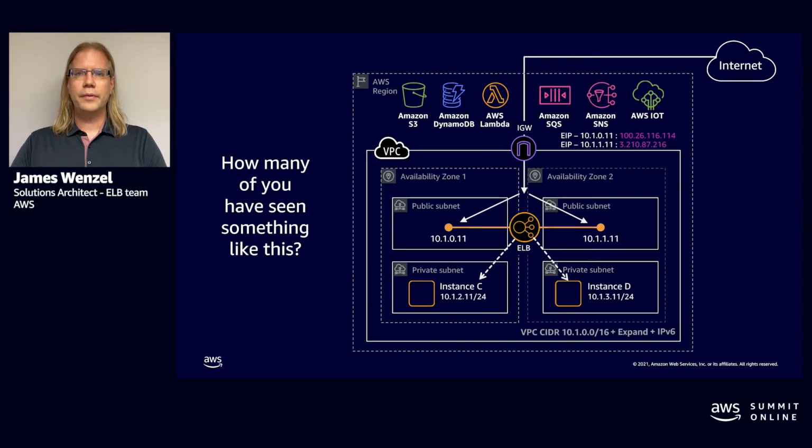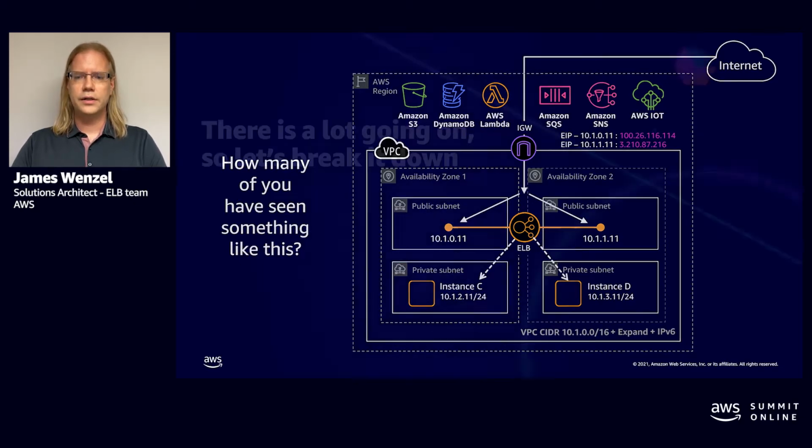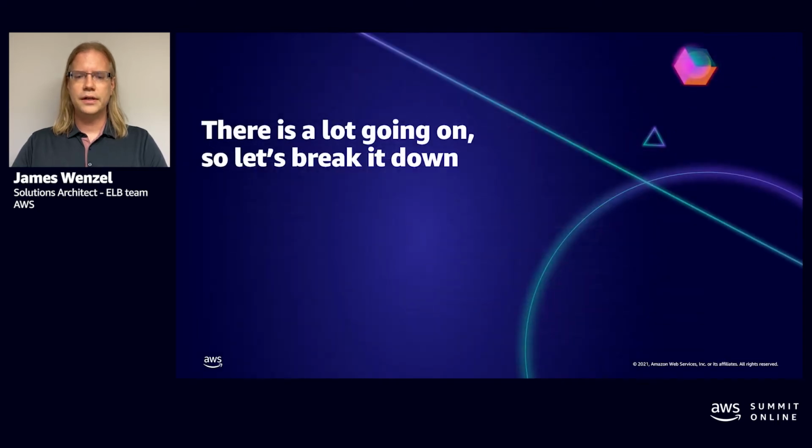So many of you probably have seen this slide, and this slide is a build out of a working 3-tier web app using public AWS constructs. We have our network set up with a load balancer, we have multiple subnets and multiple AZs, and we're gonna break this all down. There's a lot going on here. So let's help build this up.